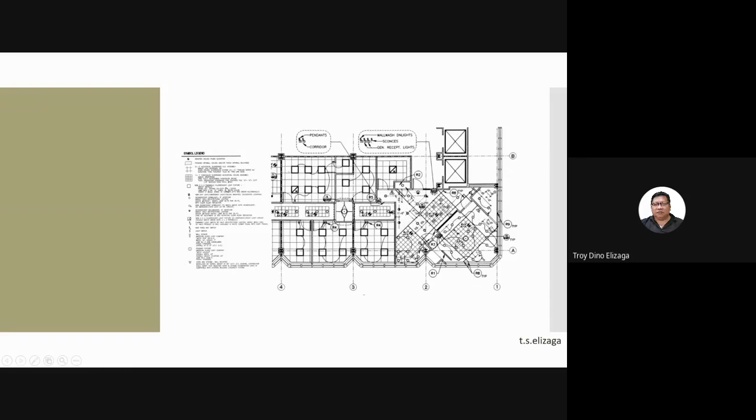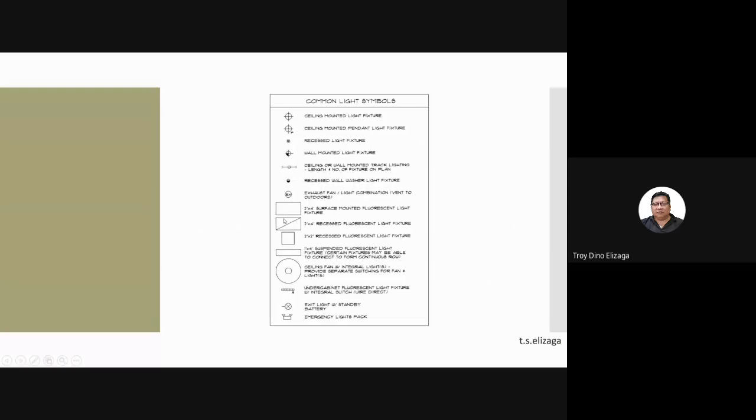symbols. Sometimes there are acceptable symbols or symbols which are already common, but sometimes you need to invent a new one. It's okay to invent new symbols as long as you have a symbol legend here on the other side. So this is a sample of a symbol legend: ceiling mounted light fixture, ceiling mounted pendant light fixture, etc. So they help not only the designers but also the electrical engineers. Okay, and also during the installation, so that the person installing the lights would know that